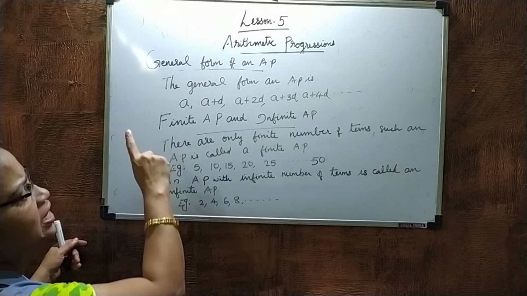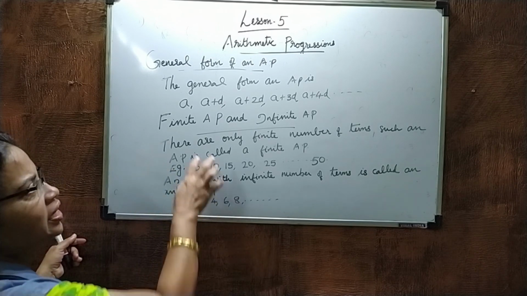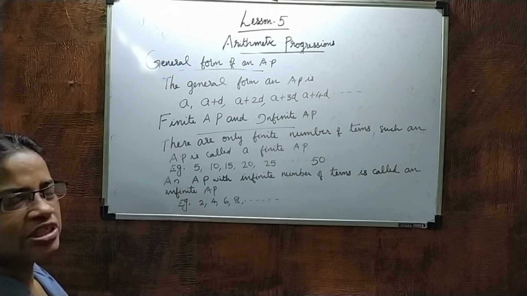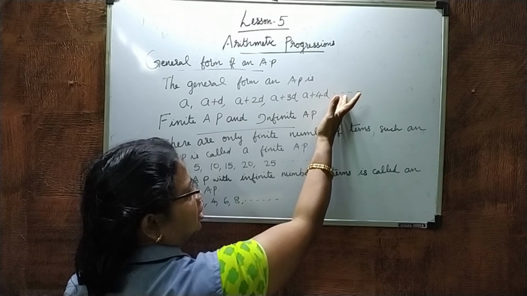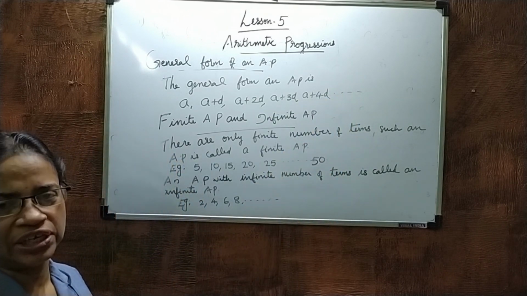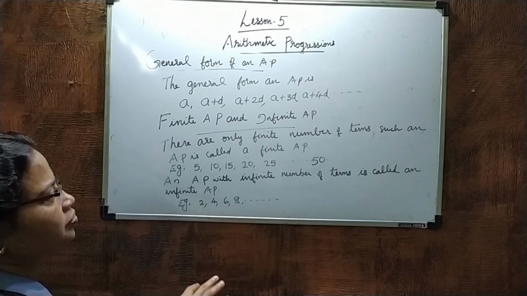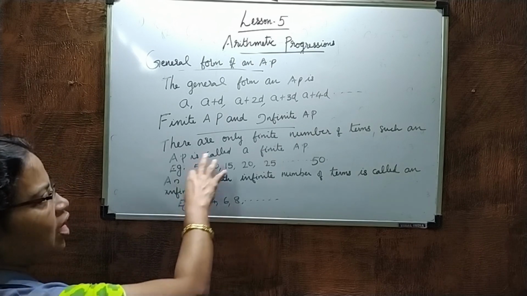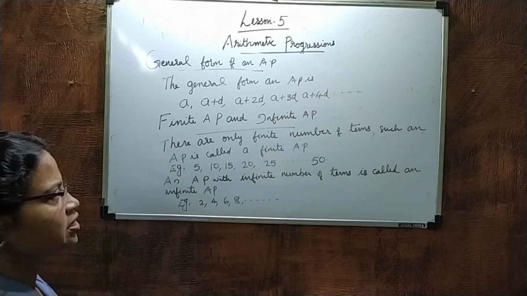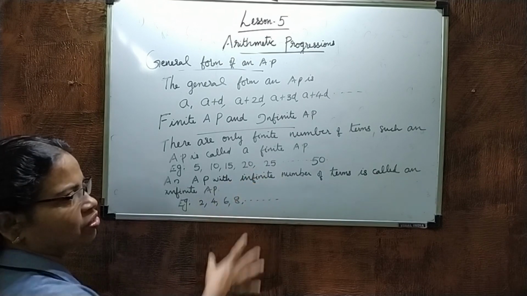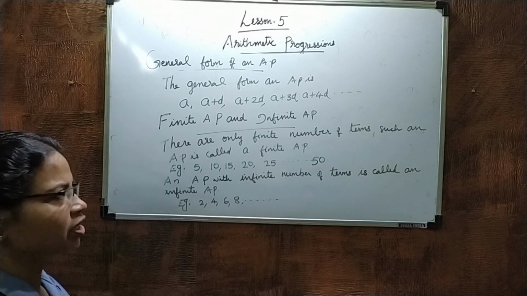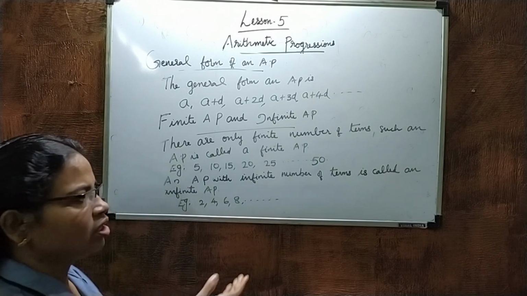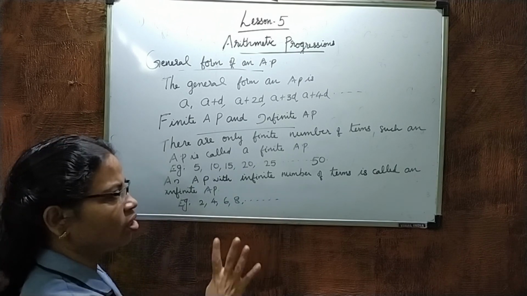So, this is a general form. General form of an AP: A plus D, A plus 2D, A plus 3D, A plus 4D, etc. No need to worry about it. Just you have to find out the 15th term means it will be A plus 14D. Okay. So, like that you have to remember. Then, finite AP and infinite AP. Finite means you know, there are only a finite number of terms. Such an AP is called finite AP. That means only this much will be there. Last term will be given. Okay. So, it will be finite AP. And then infinite means what? Infinite it will be. So, there will not be any last term. That is called infinite